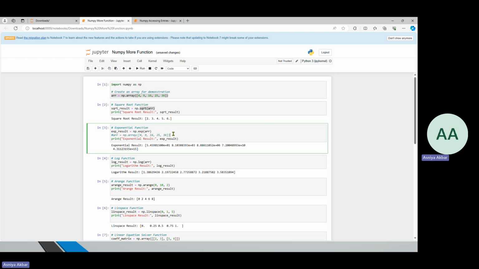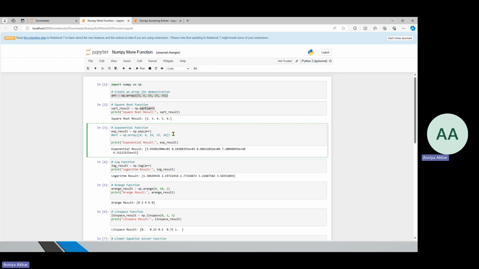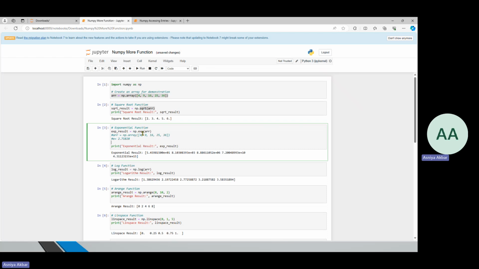Okay, so this is our array here. Now, how the calculation will be done is that we are going to use this mathematical constant, which is e. So e is approximately equal to 2.718281828, approximately. This is what e is. Now, when you calculate how this particular function, np.exp, is going to operate,